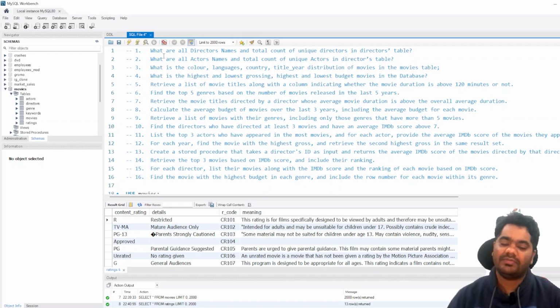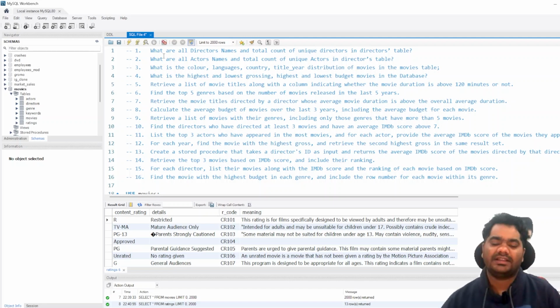In the starting we will be dealing with the beginner level questions, then we will increase the difficulty level. We will go to intermediate, which will consist of mostly join problem statements using join, group by and all these things. Then we will move to the advanced section where we'll be using stored procedures, subqueries and all those things. Okay, so the first problem is, what are all director names and the total count of unique directors